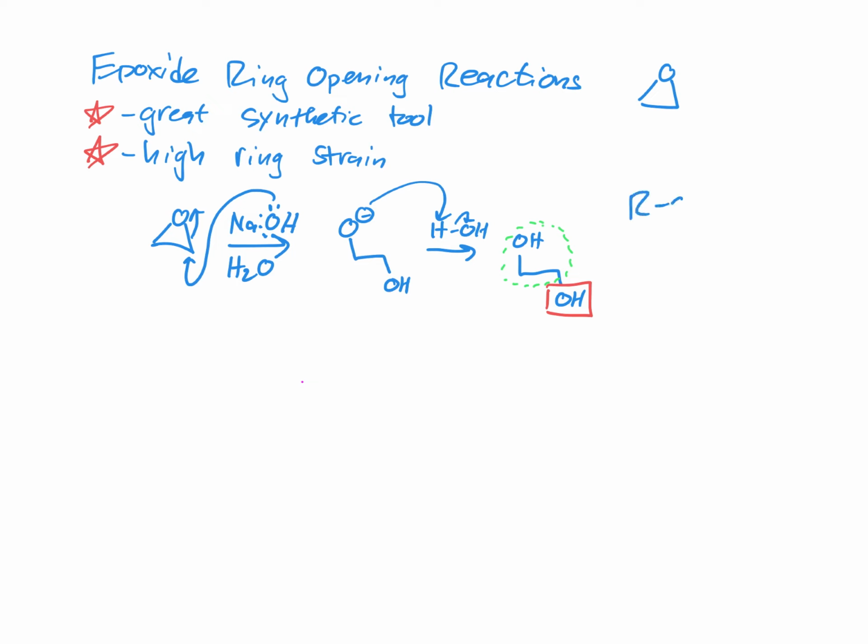So we can also use RO- instead of HO-. We could use CN-. We could use SH-. We could use a Grignard. So here we can add just a simple carbon chain. We can even use lithium aluminum hydride to add a hydrogen. So here we're adding R, and then of course the other ones are evident, we're adding RO, CN, or SH. So you can use a variety of nucleophiles, and we're going to ring open the epoxide just like this mechanism